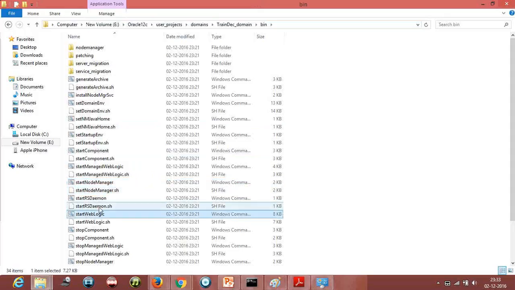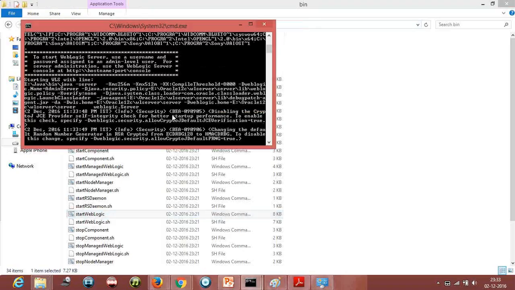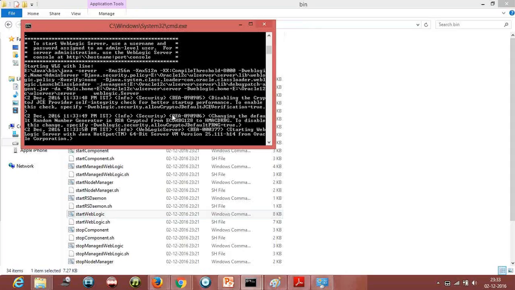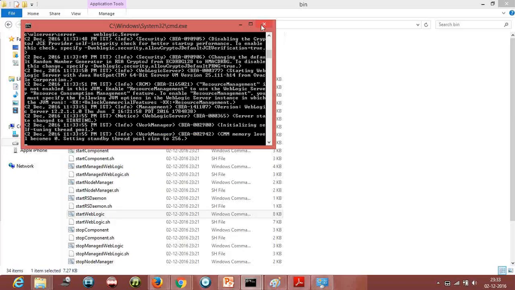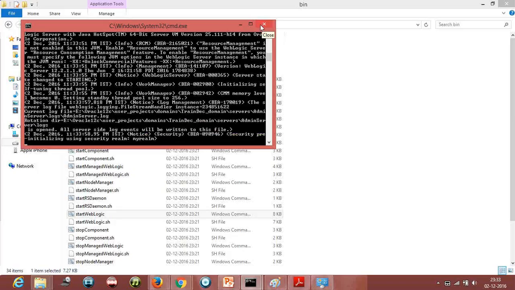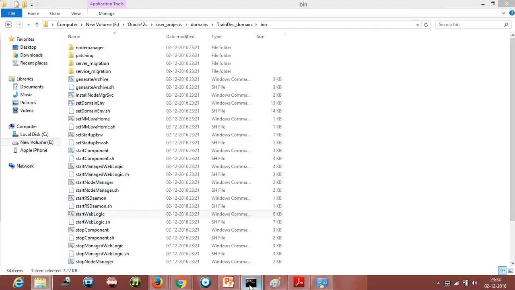WebLogic. This is the command to start my admin server. Start WebLogic. If you click on it, it will start. Double click because it's an executable file, and it will run the script for you. But if any configuration-related errors come, this window will get closed, so you can't troubleshoot. So what we will do, we go to this directory, this place, and